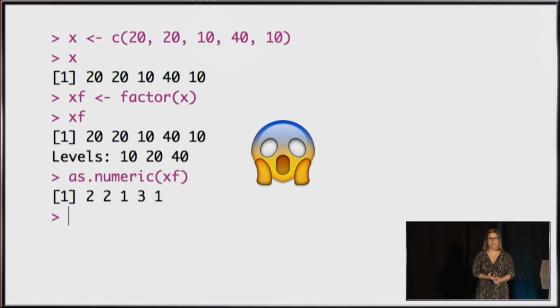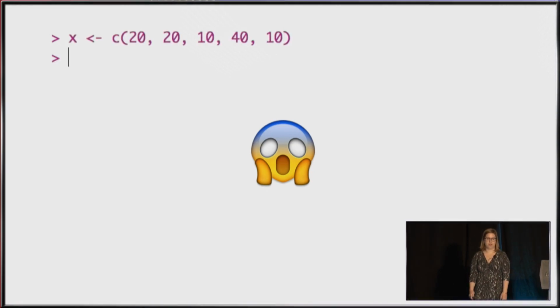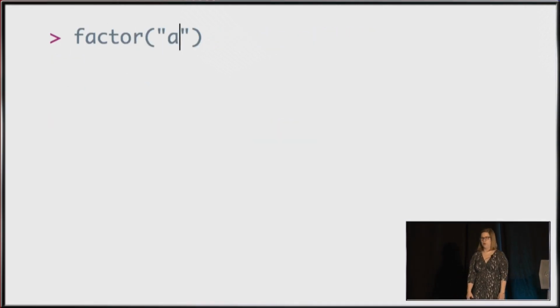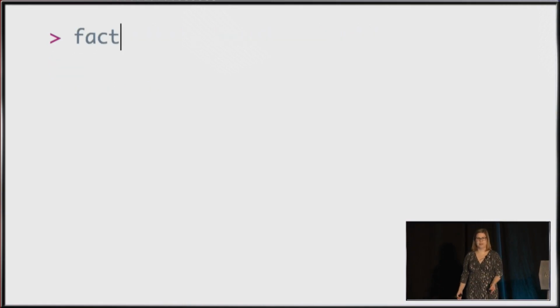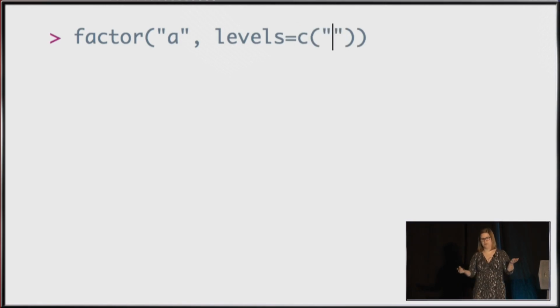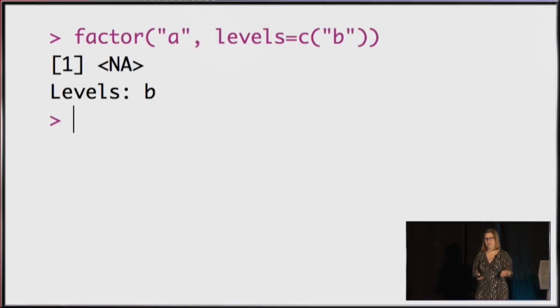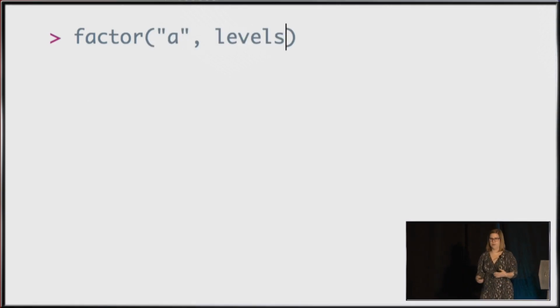Because you think that you're going to get back the value, but you get back the numeric level instead. There are other things like this where, if you create a factor variable and you give levels that don't match, you're going to get an NA. Again, you don't get a warning or a message or an error. If I'd saved this into an object, it just would have seemed like it worked, but I've lost that level of A. So there are things like this that you learn to kind of work around